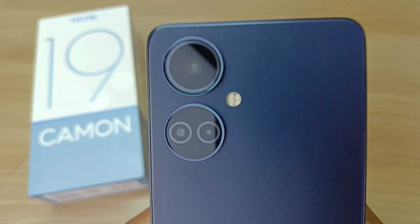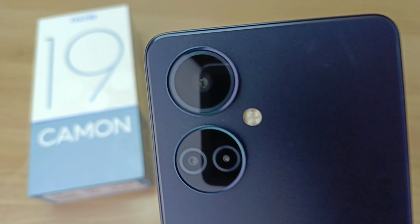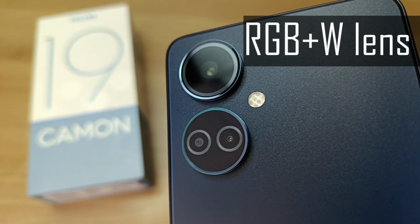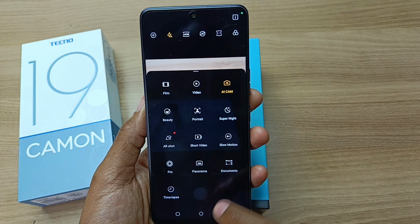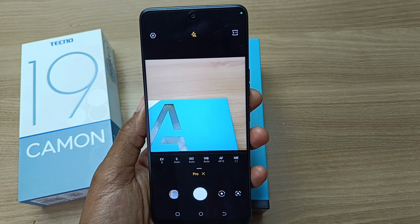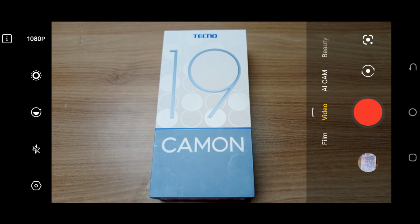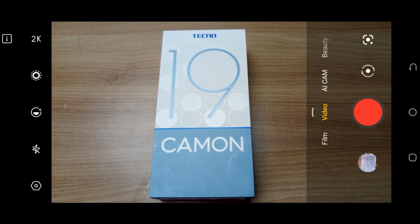The Camon 19 comes equipped with a 64-megapixel bright night camera, a 2-megapixel bokeh lens, and an AI lens. Its lens is the world's first RGB plus W lens with a white pixel accepting any wavelength light to increase sensitivity and brightness of the sensor. The Pro Mode camera setting supports exposure time, focus, ISO, white balance, and brightness manual adjustments. The maximum video quality on the Camon 19 is 2K or 1440p at 30 frames per second for both the